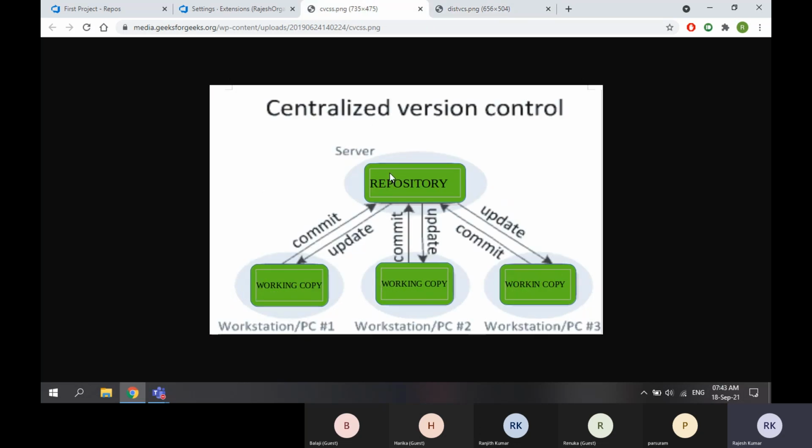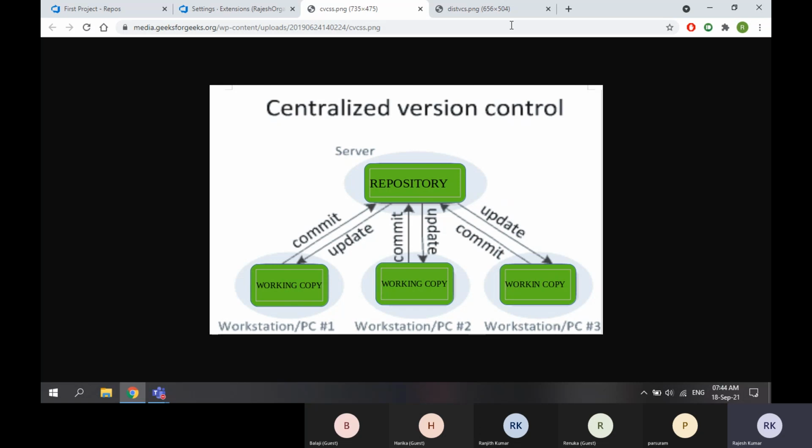What happens if I am managing the entire repository in a single server? If tomorrow something happens to the single server, there may be power failure or hardware failure or OS corrupted. If something goes wrong in this server, then I will lose the entire repository. There will be no other copy for me. If I lose the server, then I will lose the repository as well.